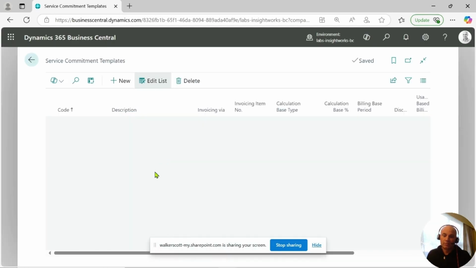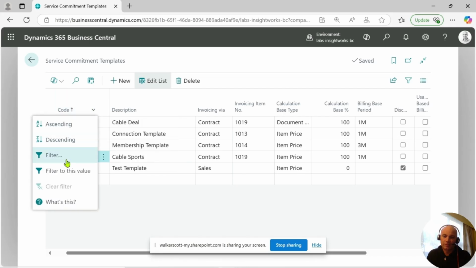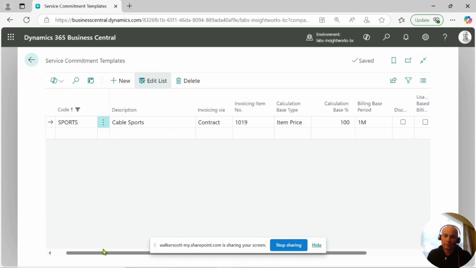And so this is just high-level settings around invoicing structure and timing that get defaulted onto the service commitment package when you select one of these templates. So let's have a look at our cable sports. Just get rid of some of this, just to get rid of the noise. Our cable sports package,